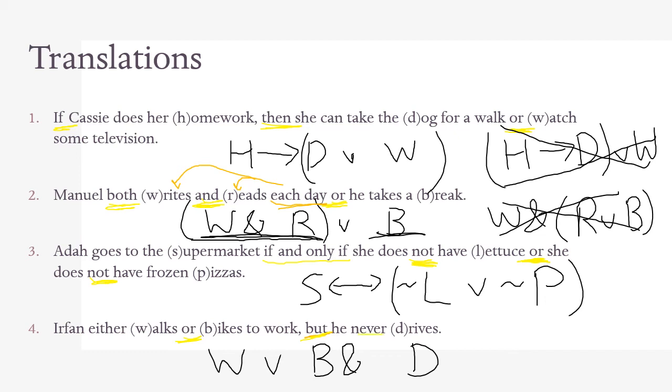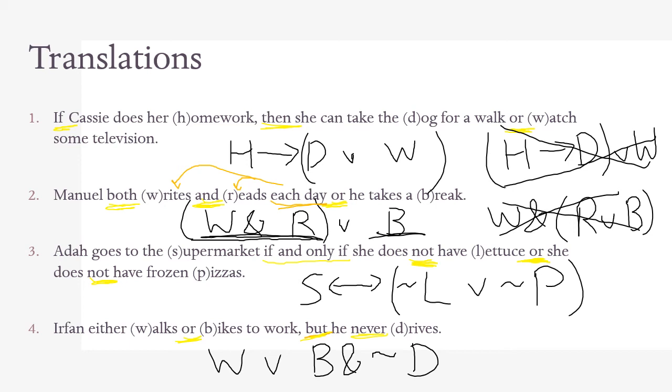And then never is also a negation, and never or not or no, we could symbolize that as a tilde. So anything that's ever a negation or related to a negation, those are going to be tildes. So this is what we have written out as our basic sentence, but now we still need the